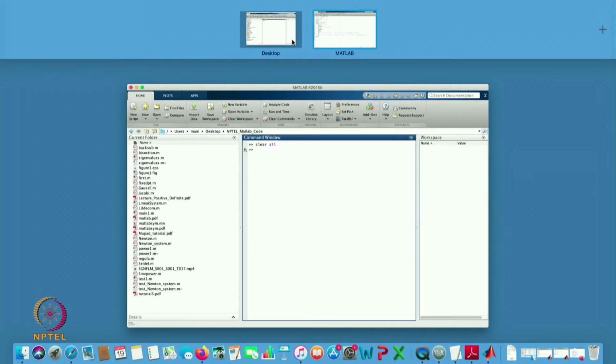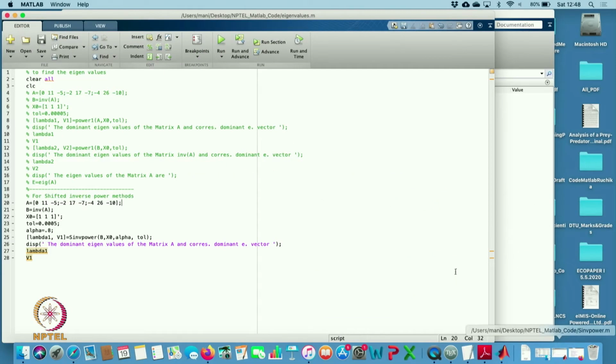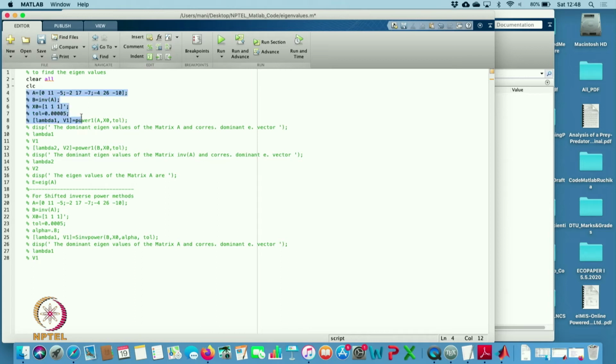Okay. So, now I want to run this code. For this one, I will make the input file. I have written the input file here. So, let us comment this out and uncomment this one. Now, this is the input file, and I will use this file name as eigenvalue.m.